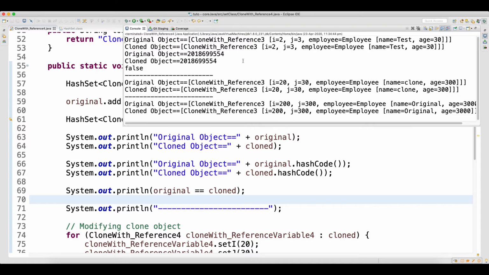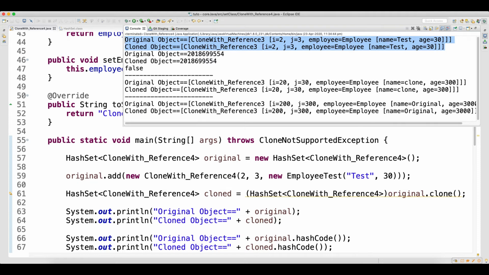The moment your object address is the same, if you do any modification with the clone, it will impact your original one. So focus here, look at here, you did a cloned copy. In the beginning the data was the same because you performed the clone operation here, then look, the hash code is the same. The moment the hash code is the same, it means both objects are the same, which means your cloned object is pointing to the original object, to the same object. When it is pointing to the same object in memory, whatever changes you make here will impact the clone, and whatever you do by the clone will impact the original one because it is the same object, right?